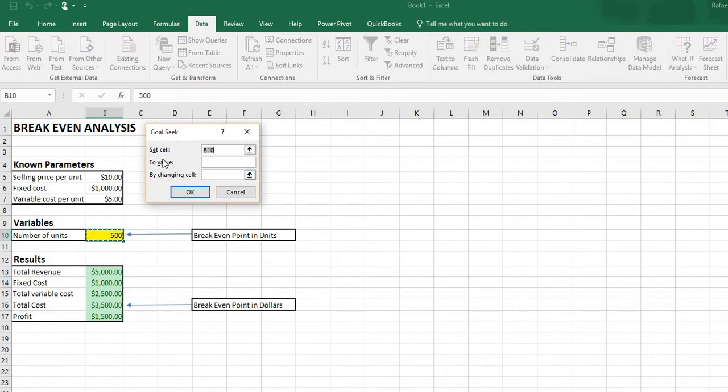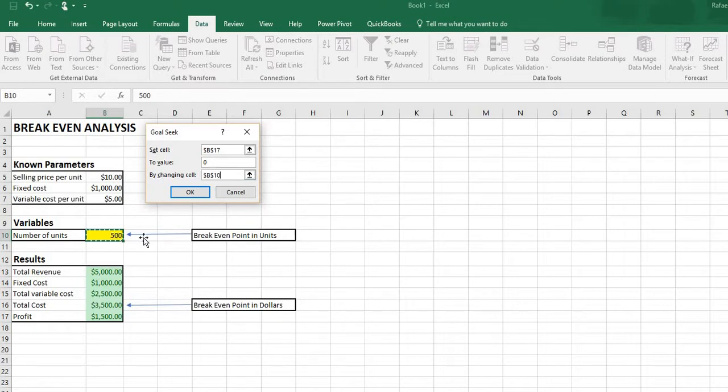And what you want to do is set cell B17 to 0, because like I said, the break-even point is when the profit reaches 0, which means you're not losing any money, you're not gaining any money, you're breaking even. By changing